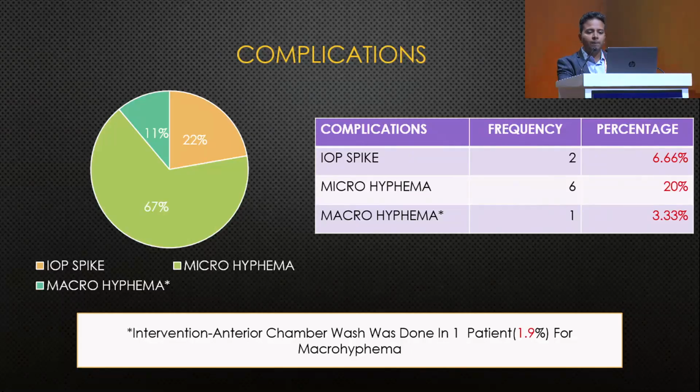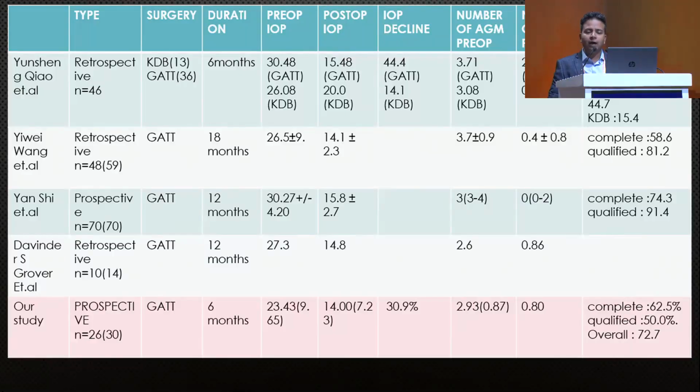So if you look at the complications, we had 1 or 2 patients with IOP spike. Microhyphema was seen in 6 patients, which resolved at the end of 1 week. Macrohyphema was seen in 1 patient, which required anterior chamber wash. So if we compare our study with the previous studies,